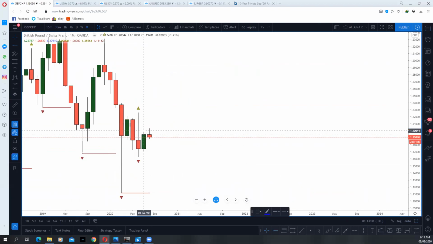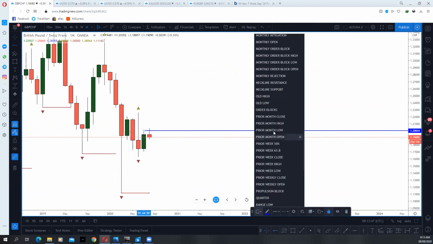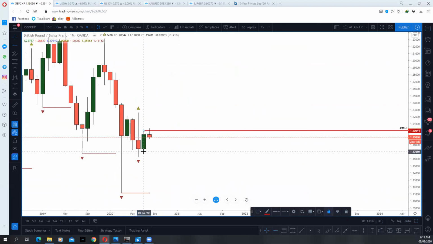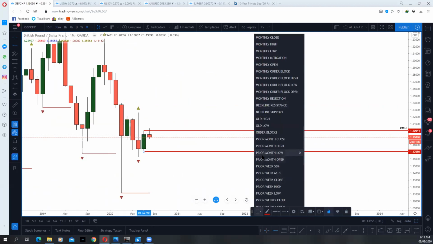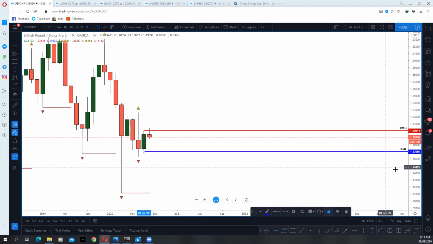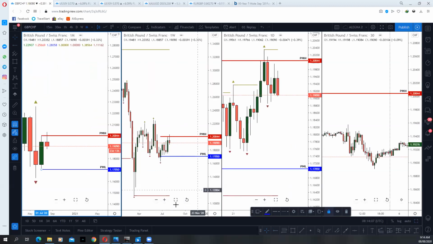This is last month's high. You have it as prior month's high. You have prior month's low. As you can already see, from the monthly view, there's a reluctancy to move above the previous month's high. That is telling you that this pair has the potential to still move down a bit.